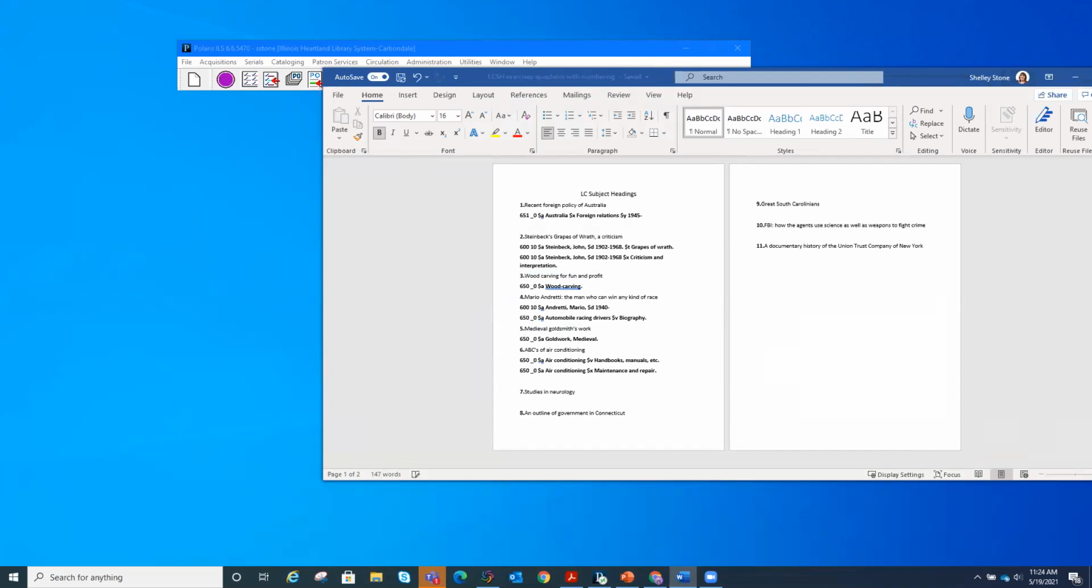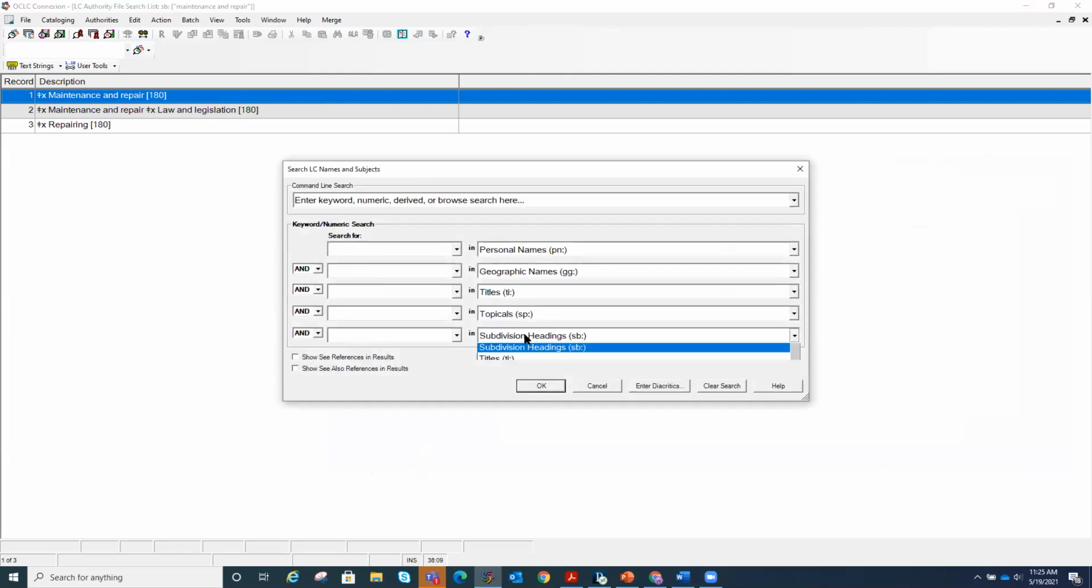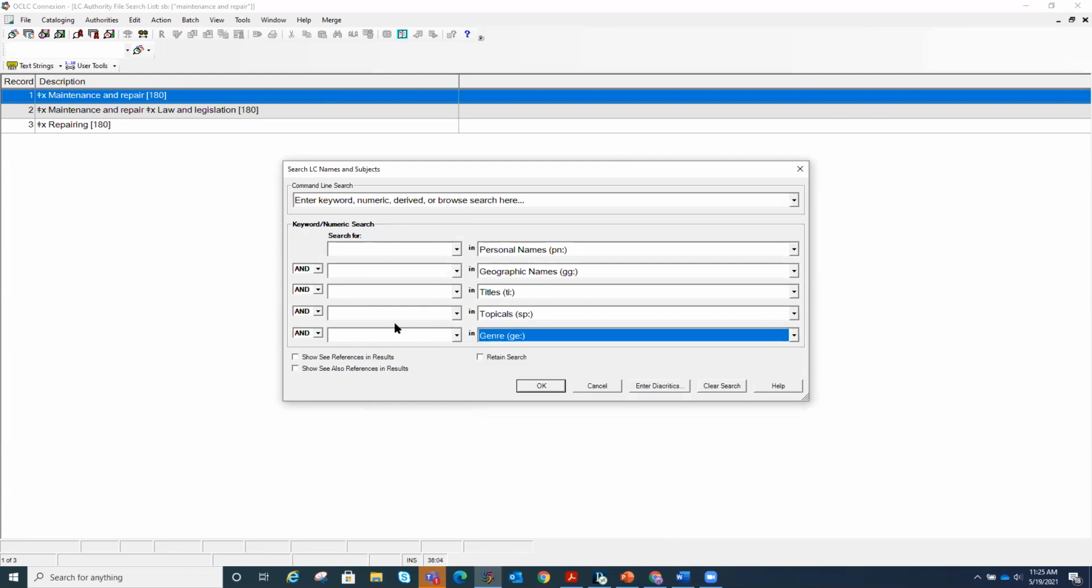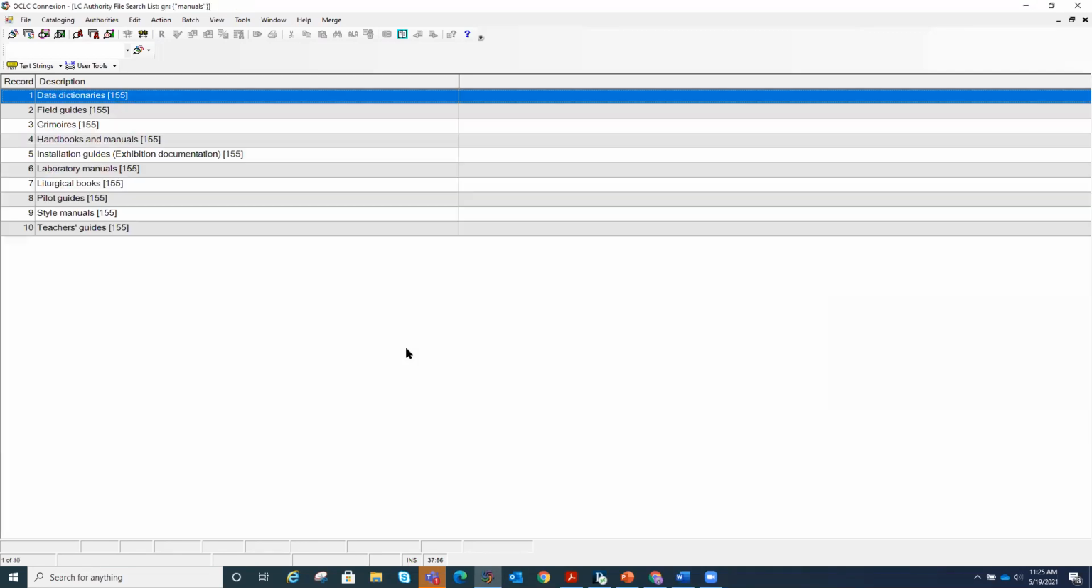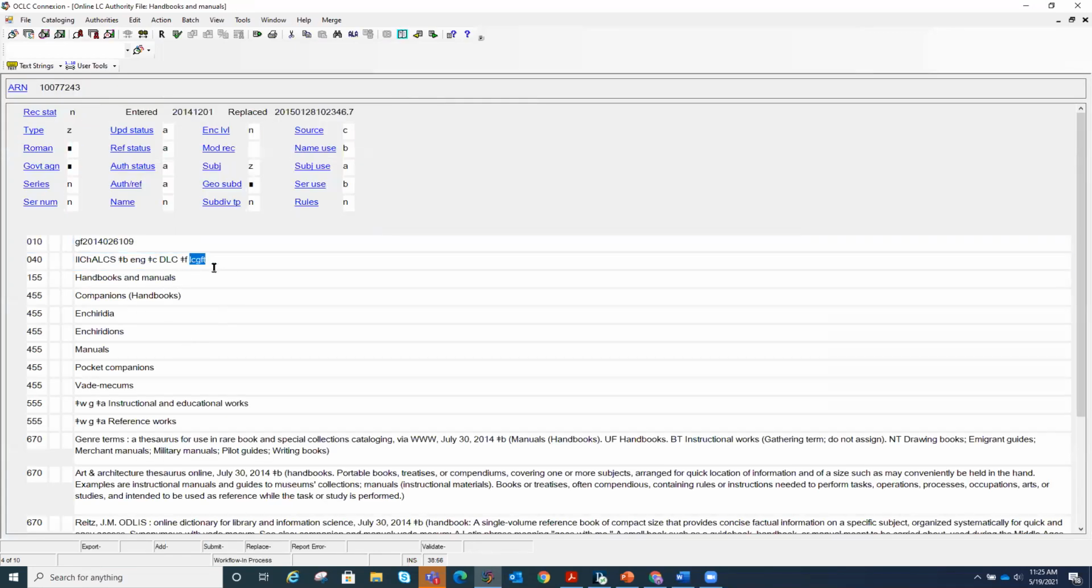There is also a genre heading for manuals, and I can't think of what it is at this moment. So I'm going to do a search for genre. It's something like handbooks and manuals or something like that. So I'm just going to do a genre search for manuals, and I found it, handbooks and manuals. So this is an LCGFT term,